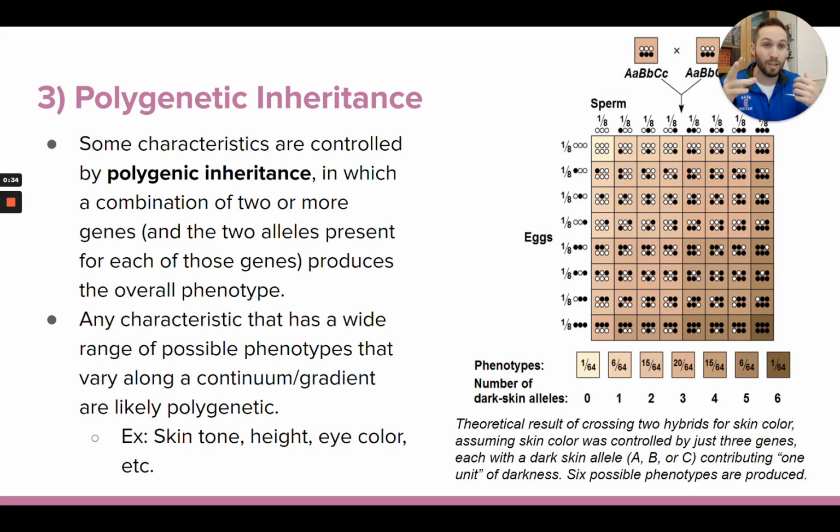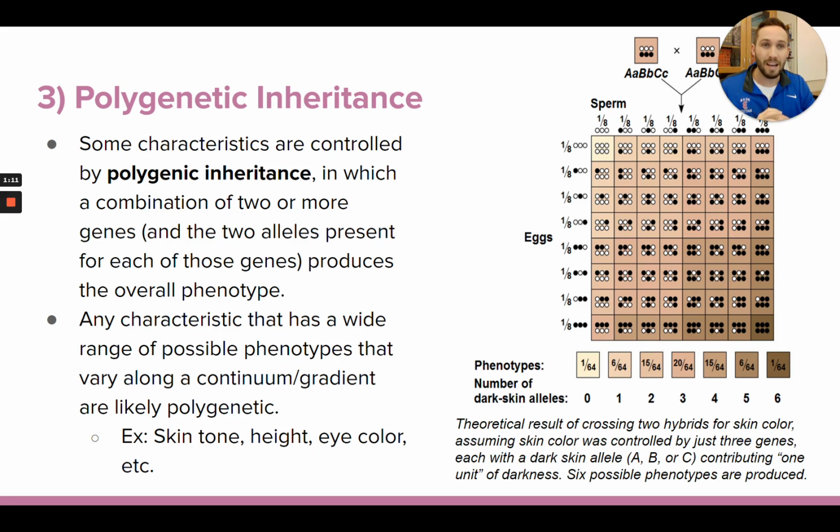That's true for a certain gene. Let's say gene A, you have just two alleles for gene A, and then for gene B you have two alleles for gene B, and then gene C you have two alleles for gene C, and the combined contribution of each of those genes is what's going to ultimately determine your phenotype for a certain characteristic. So your phenotype is controlled not just by a single gene that has two alleles, but by multiple genes in your DNA, in your chromosomes, or on different chromosomes somewhere, that each have their own pair of alleles, and all of that information is used to control that one phenotype.